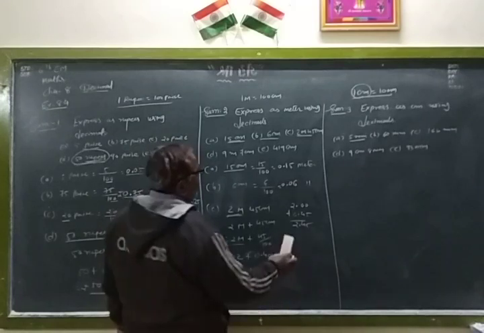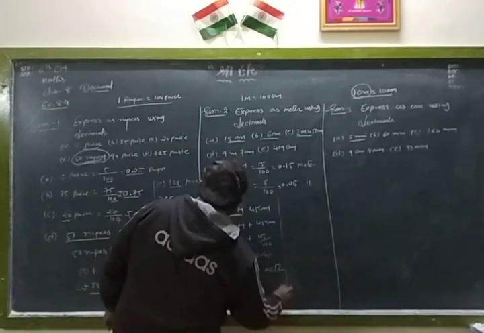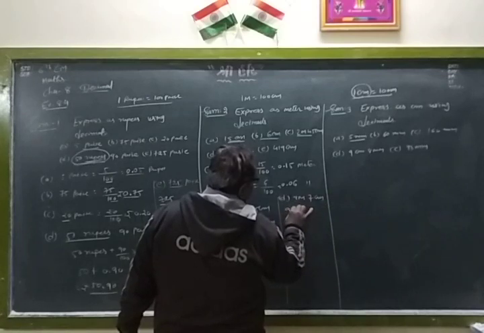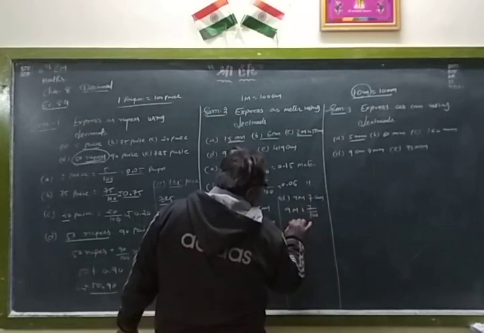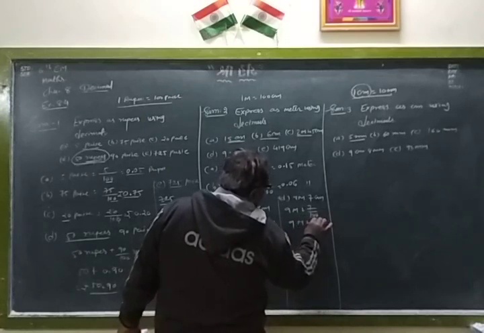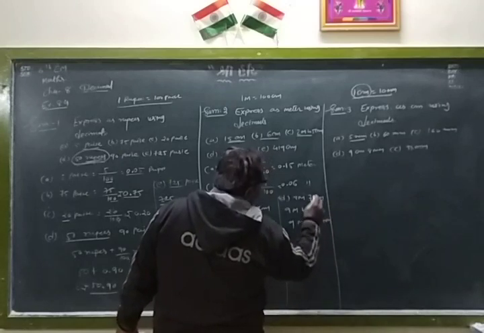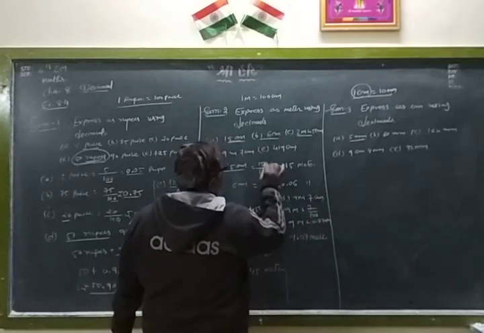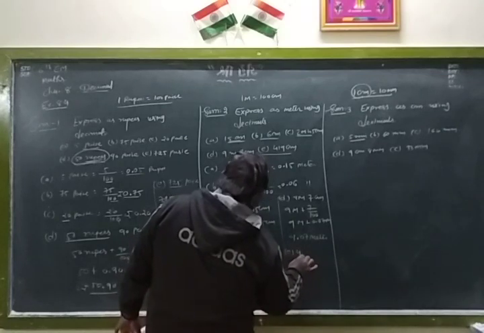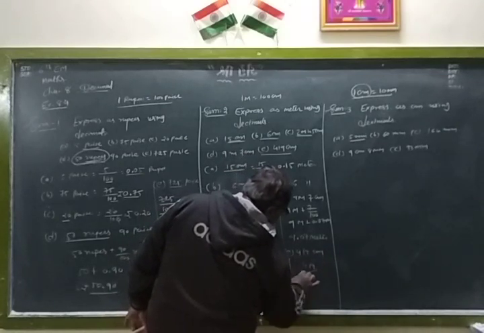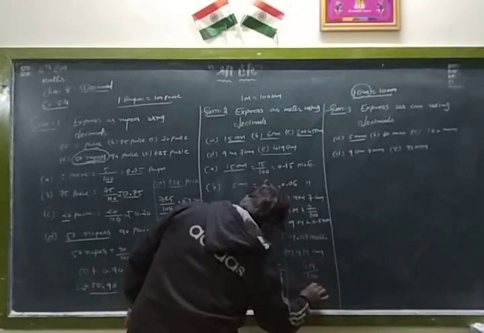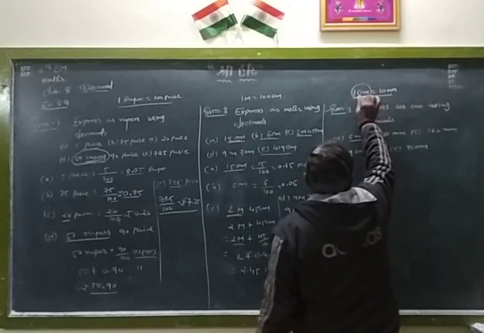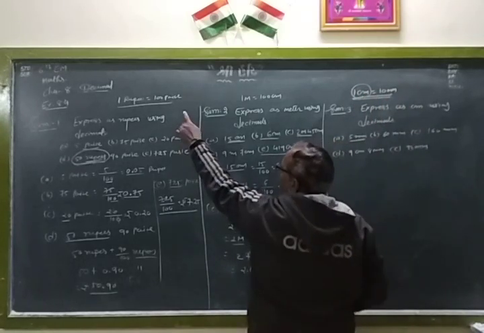Now see, after that D is 9 meter and 70 centimeter, so 9 meter total and 70/100, so 2 digits, so 9 meter plus 0.70 meter, total like this, 9.70 meter. Then the total has to be done like that. Now last, E, 419 centimeter divided by 100, 2 digits cut, 4.19 meter.